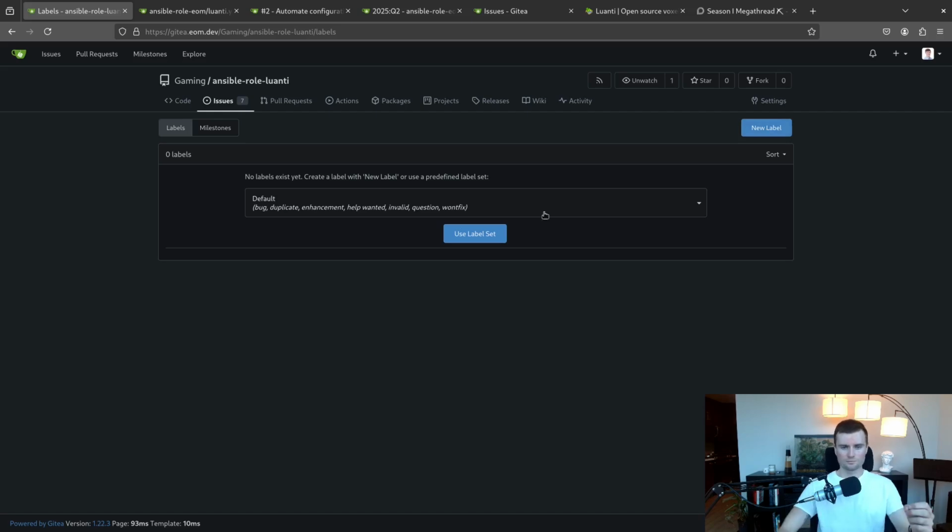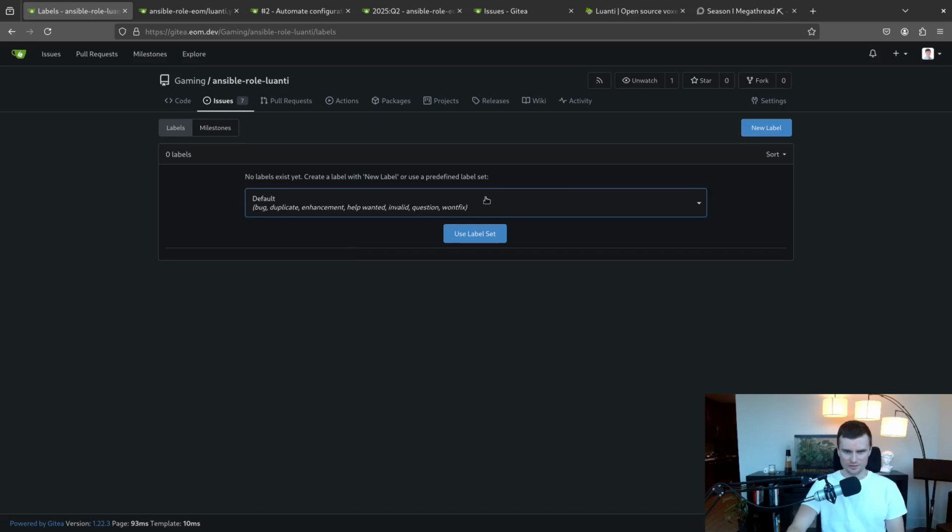But we have this default label set. Enhancement seems appropriate. And using the default set, I would be able to use the same default set across all projects and all repositories. If I just say use the default set ubiquitously, unless there's a really, really good reason to use something other than the default set.